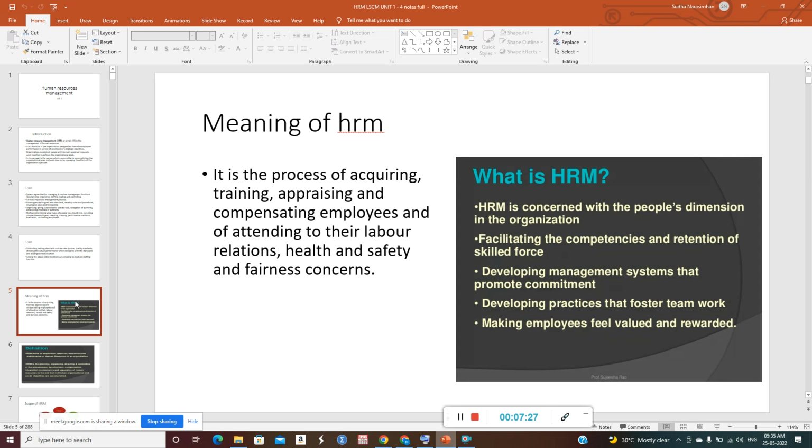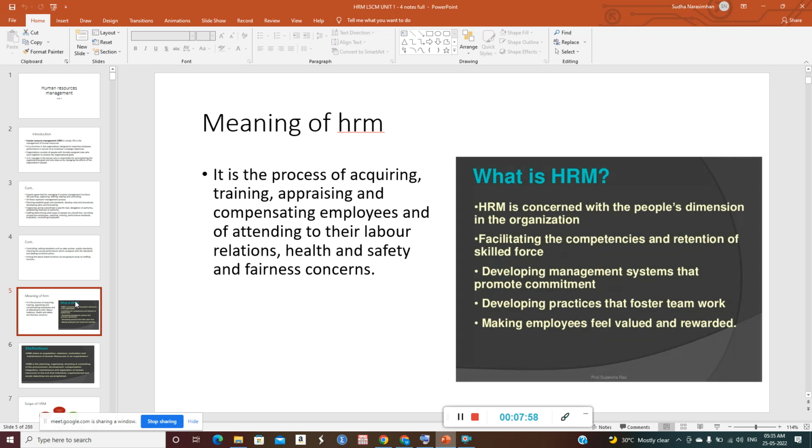Now, facilitating the competencies. When you allot work to an employee in the organization, it's important that the execution, the course of action, and the final result should be good enough. It should be achievable. When measured in financial terms, the profitability of the organization is impacted by the work that is executed by the employees.